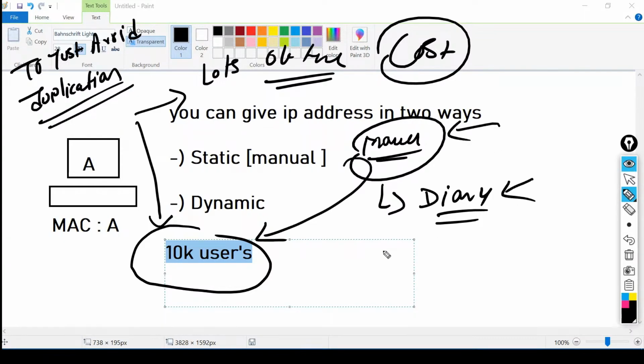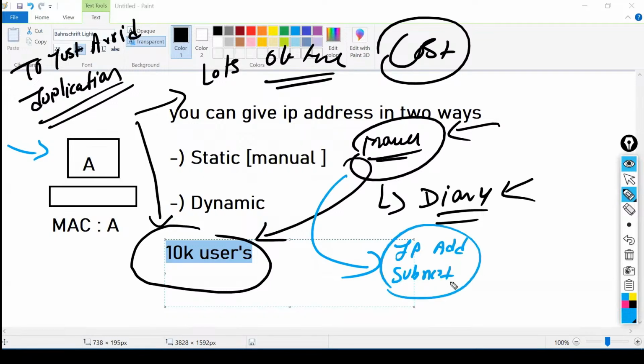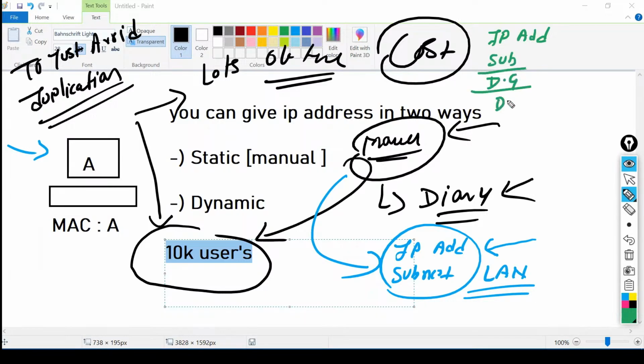Second, third thing is what? If I'm going to do it manually, how many things do we need to give to the PC? One, we have to give the IP addressing, subnet mask. These two pieces of information must be given to provide LAN communication. Try to understand, we need to give the IP addressing and subnet mask information for LAN communication. But if I would like to go for WAN communication, what happens? We need to give the IP addressing. We need to give the subnet mask information. We need to give the default gateway, and we need to give the